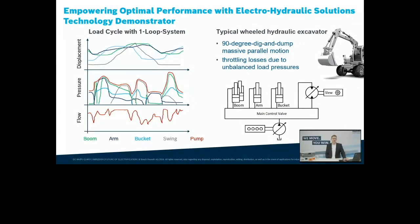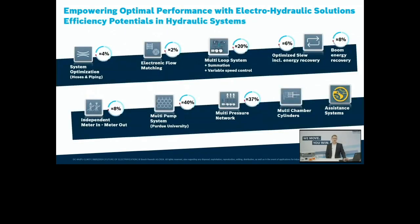And now, of course, we want to look into how to optimize the hydraulic system. So for this, we have many different levers coming from smaller actions, like you can see on the left top, looking into hoses and piping. For sure, you will find some optimization possibilities. You can work with flow matching to have some flow optimization, and then you can do a much bigger step, separating the machine hydraulics into a two-loop system. And you see here already, this becomes a much bigger lever, looking into different pressure levels in a range of